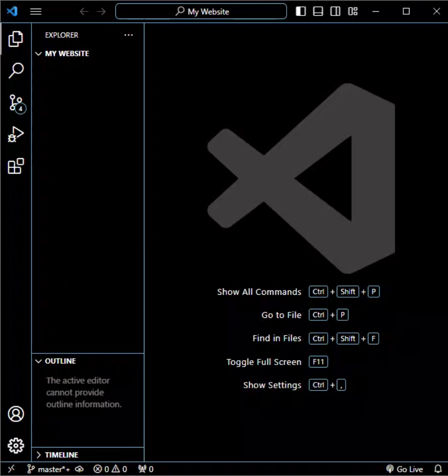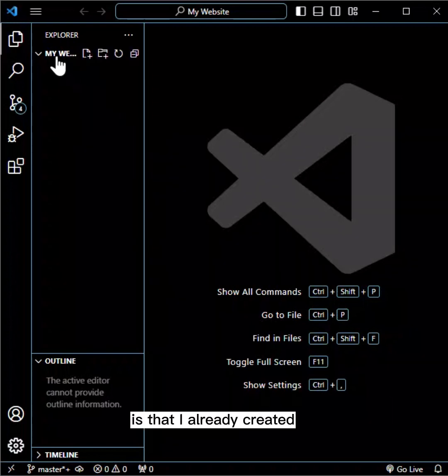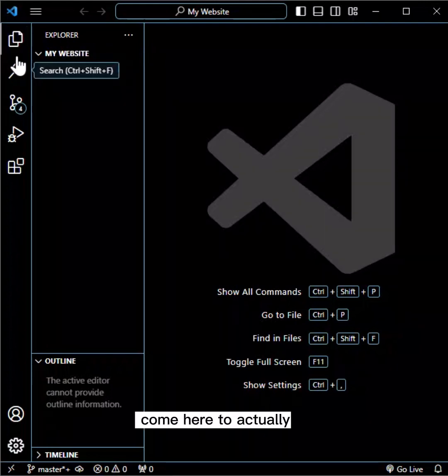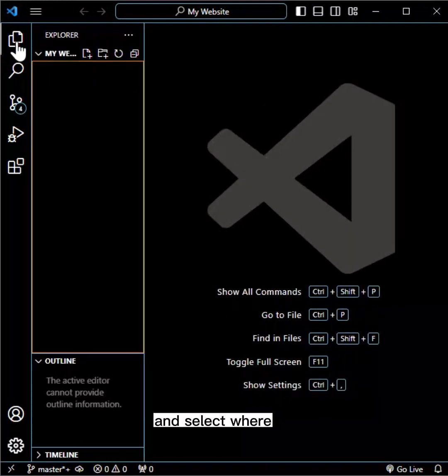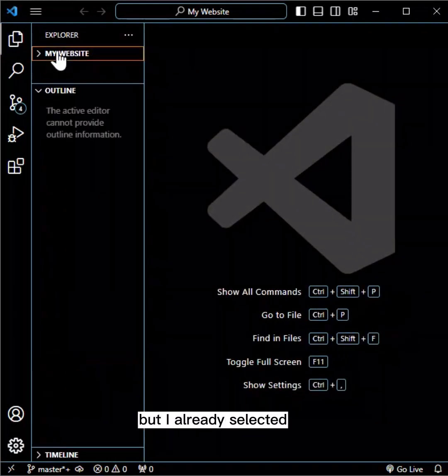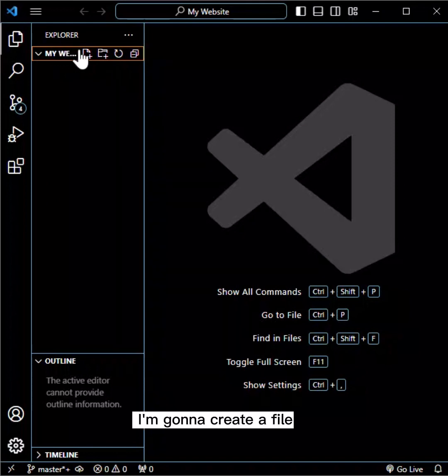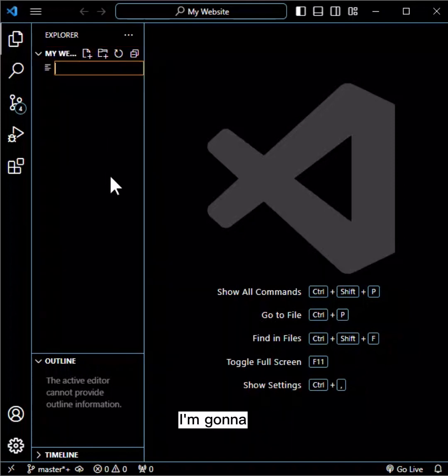All right. So this is my VS Code interface, and the first thing I'm going to do is that I already created my website folder, which is at the desktop. So you can come here to actually select, explore, and select where you want to go. But I already selected my website and my desktop. Inside this folder, I'm going to create a file. I'm going to come and click on this. I'm going to call the file